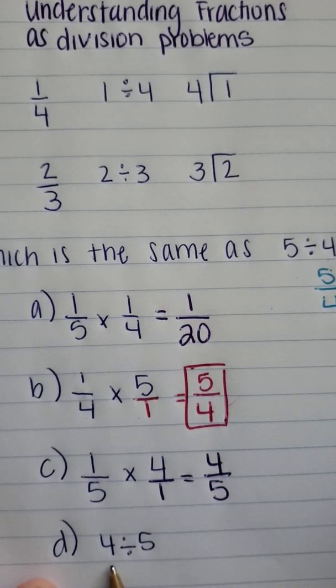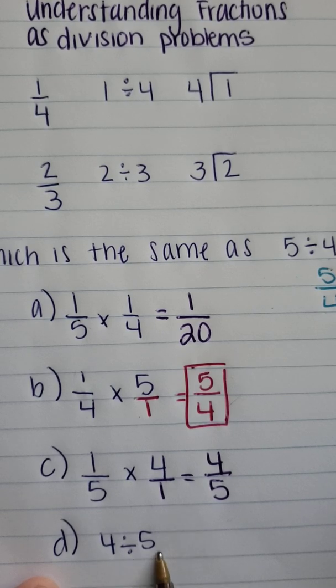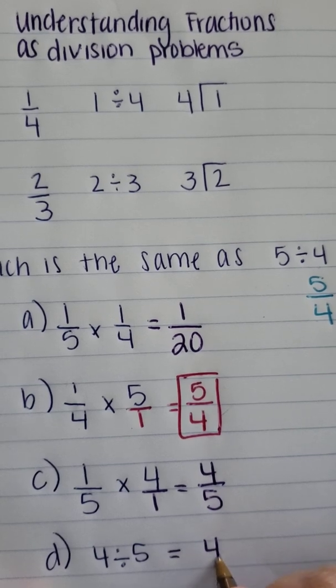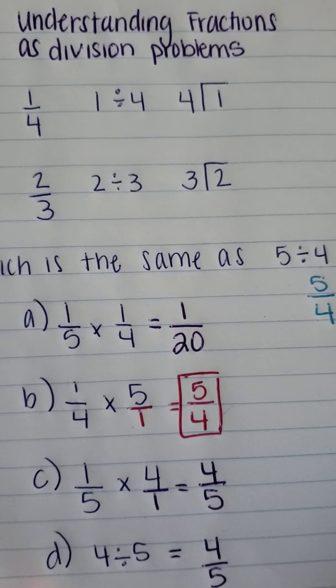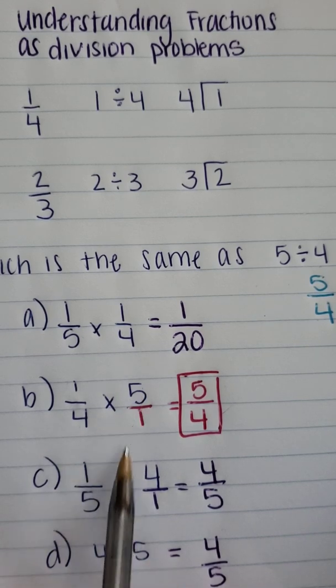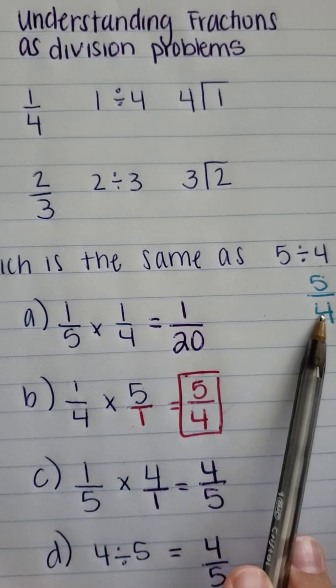Okay, and then I come down to answer choice D, 4 divided by 5. 4 divided by 5 also looks like 4/5. Okay, so we see that 1/4 times 5 is the same thing as 5/4, which we had